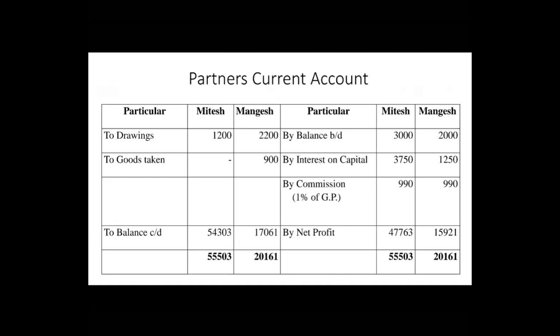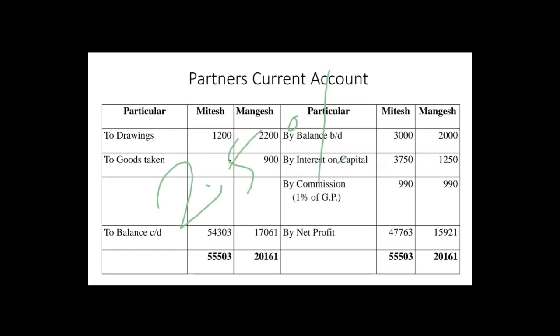So wherever we make any adjustment, where will we record it? We are going to record the adjustment in partners' current account. So it is said interest on capital. On which side is interest on capital recorded? It is recorded on the credit side of partners' current account. Now how much interest is said? It is said 2.5%.